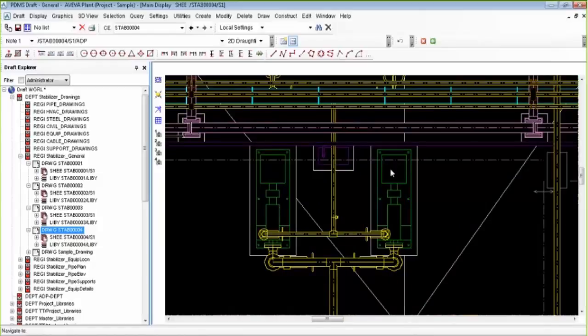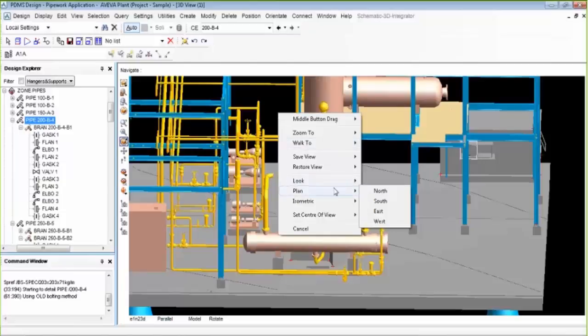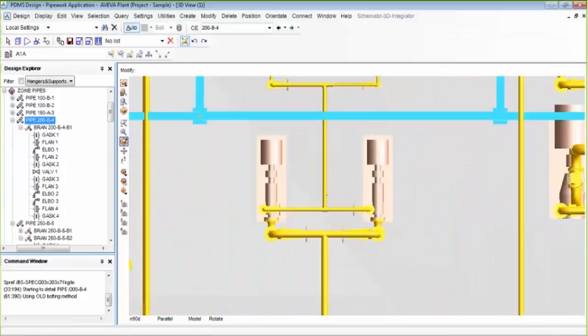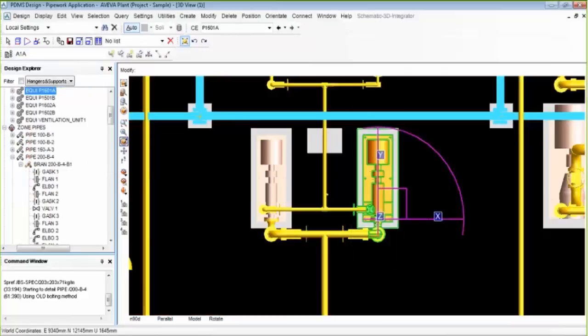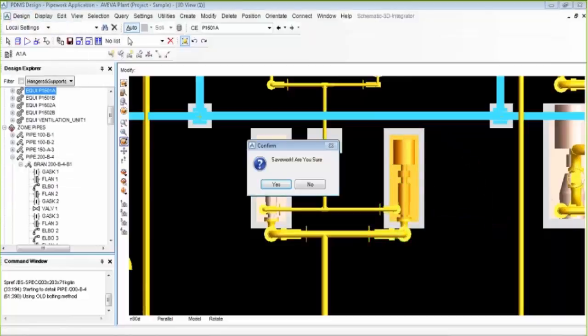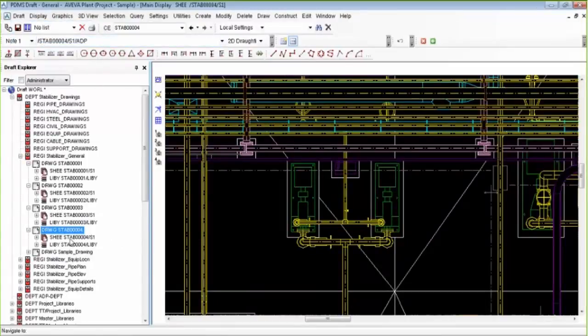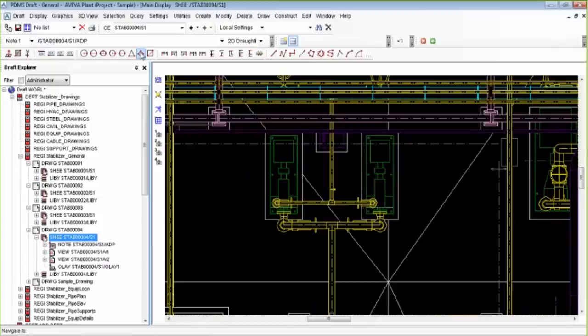If I change the position of this pump in the 3D model, if this drawing is dynamically linked, it should be automatically reflected here. I'll do a dimension here.